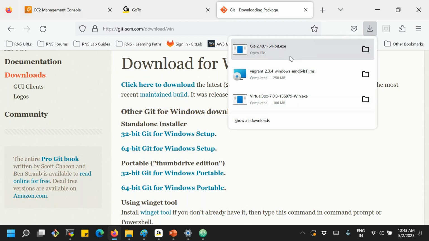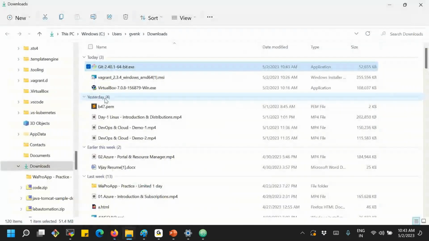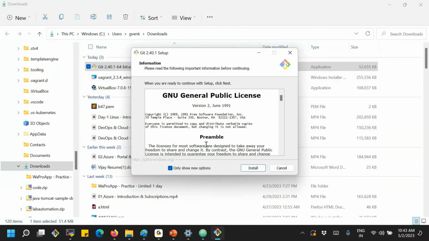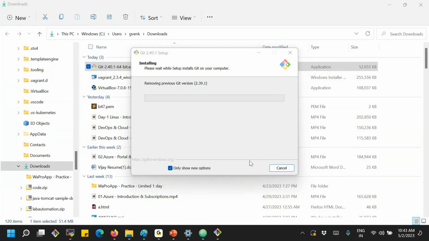Yeah, let me start this .exe file. Let's go to the downloads folder. Yes, you can find it in your downloads folder, and just double click that file and confirm yes. Yeah, so just go ahead and install and click on any next options if prompted. In my system it is already installed, so it says it is removing the previous version and going ahead to install the latest package. If you are doing it the first time, it prompts for next. So just use the default options and go ahead with that.